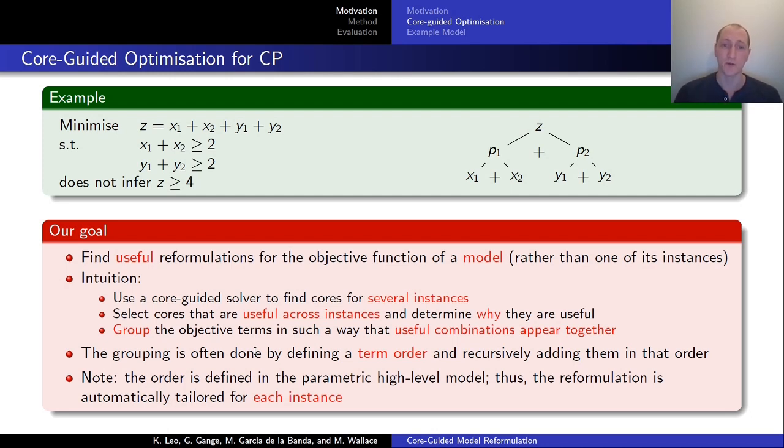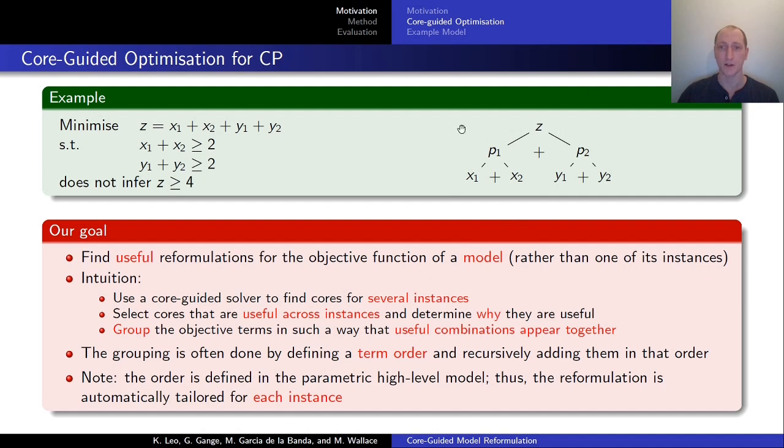Where we're going to use core-guided solvers to find cores for instances, and we're going to try to look for cores that are useful across instances by looking for patterns, and we want to try to determine why they are useful. Once we find these, we'll try to group these objective terms in such a way that useful combinations appear together, and then we will take these orderings and perform this kind of recursive decomposition